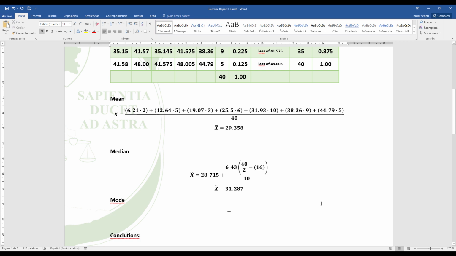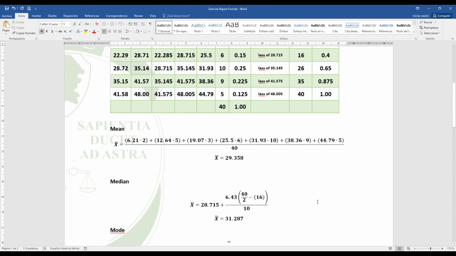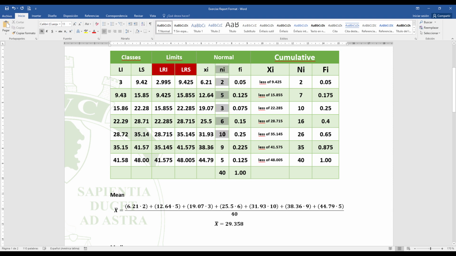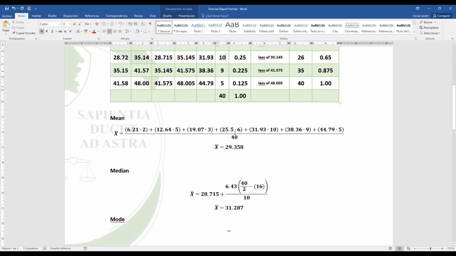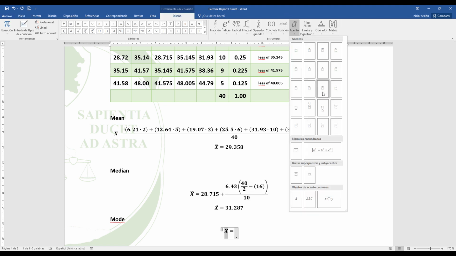Now we'll calculate the mode. To calculate the mode, you need to choose the class that has the higher number of frequency. You need to select here what is the higher. In that case, it matches with the same row, but it may not be like that. For our sample it is the same row, so your modal class is that. So to calculate the mode,